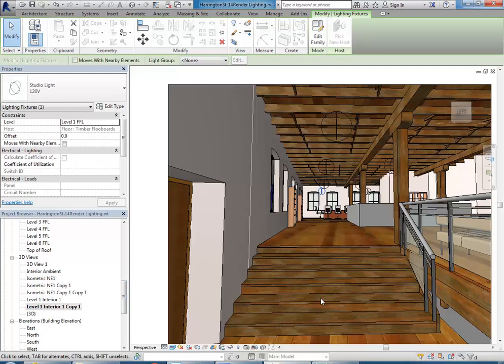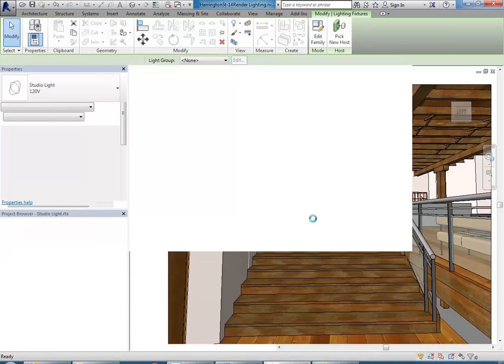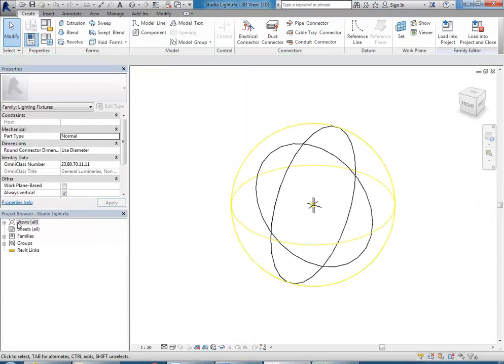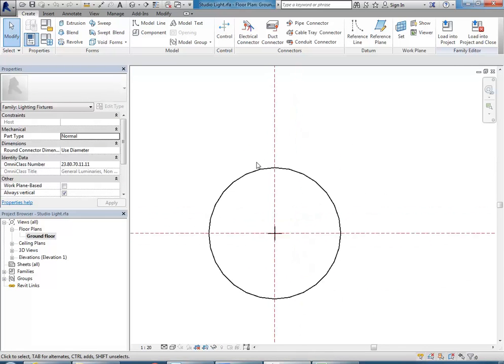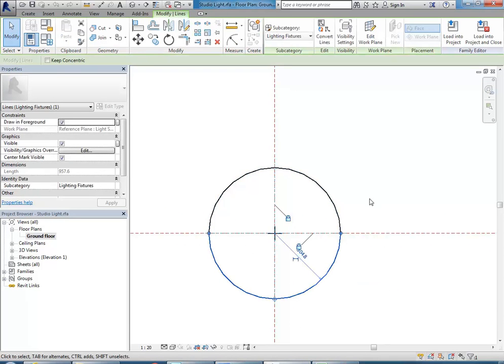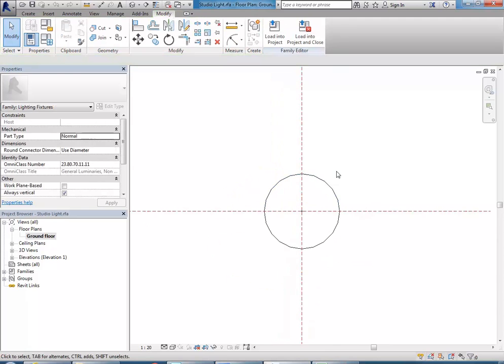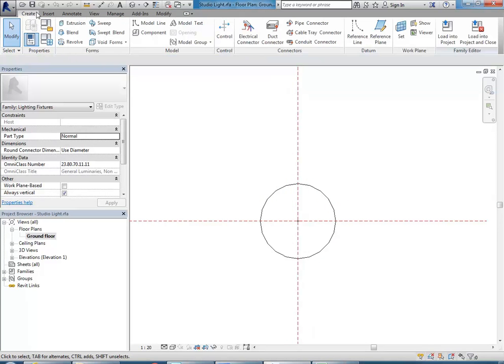Okay, so with this perspective view, I'm just going to select one of those studio lights and then go to Edit Family. Okay, and so now I'm going to go into the floor plan view, where you can see this circle, which is actually made up of two curves, and I'll delete that in a moment, but just so that I know where things are, before I do that I'm going to make an extrusion,